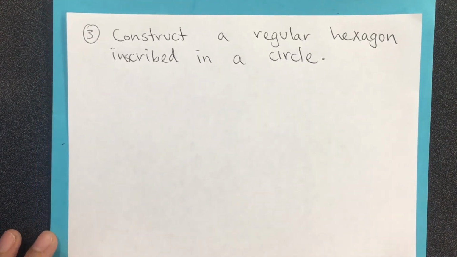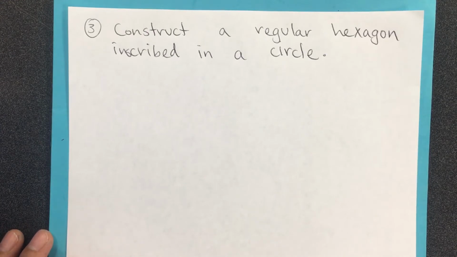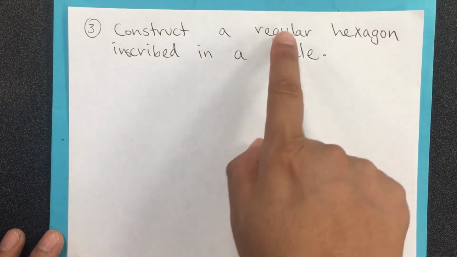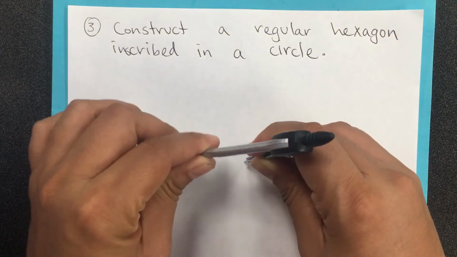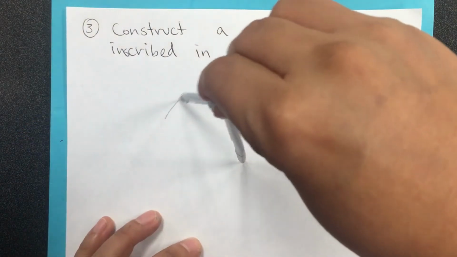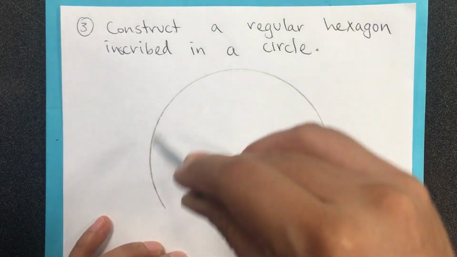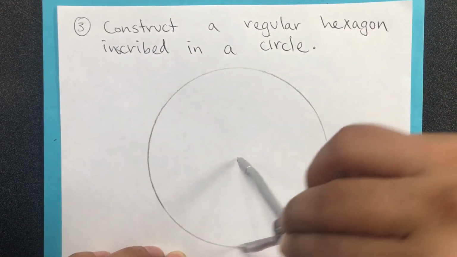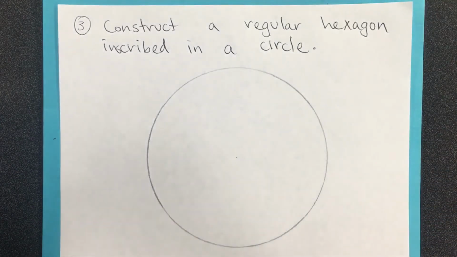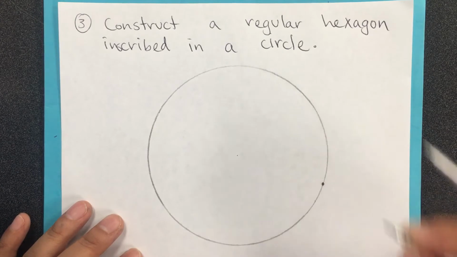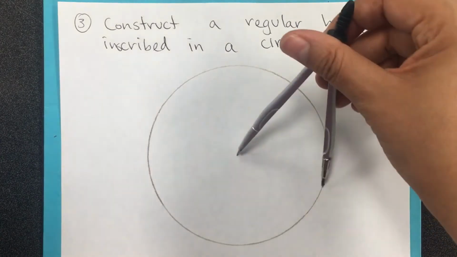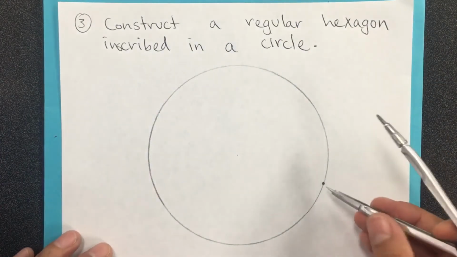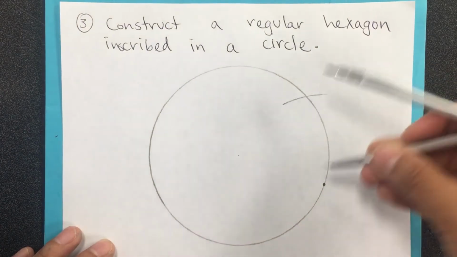Okay, the last one is the regular hexagon. Regular hexagon just means that all the sides are congruent or equal. For this one, you don't need to know where the center is. Okay, you just need to know not to close or open the compass after you create your circle. Then you're gonna do a marking on the circle anywhere. And this same measurement that was your radius, okay, it's gonna be starting from that point that you marked. You're gonna mark it around the circle